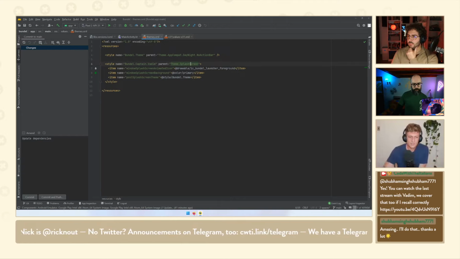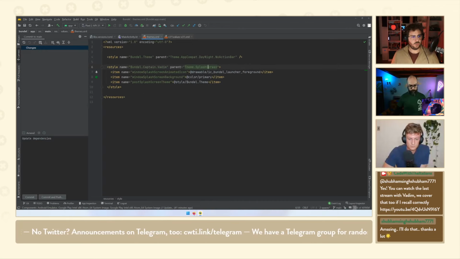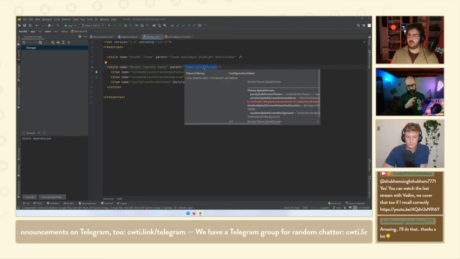So let's actually take a look at this. Vadim was saying that you can do it. The only thing you need to be aware of is that you need to use the Theme.SplashScreen theme for your activity as a parent.